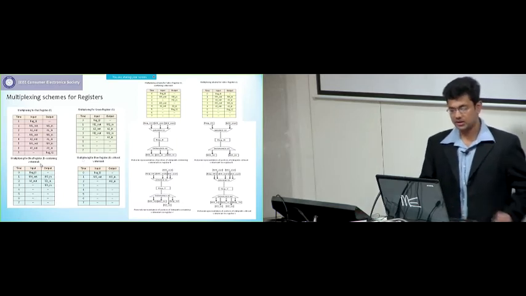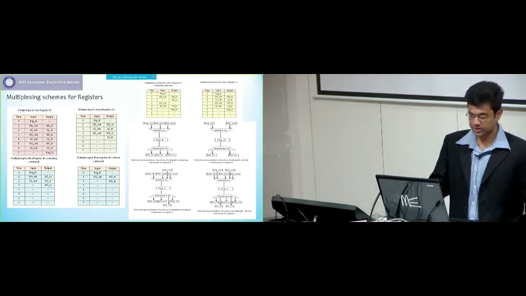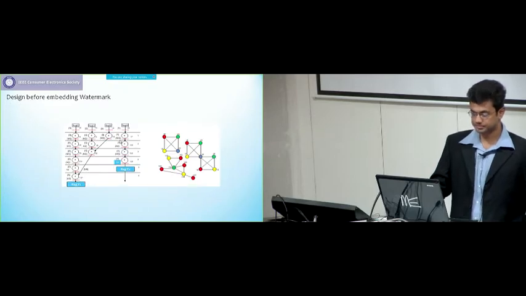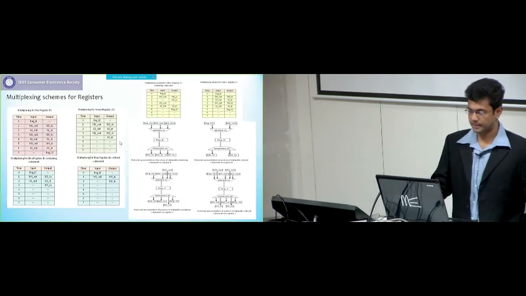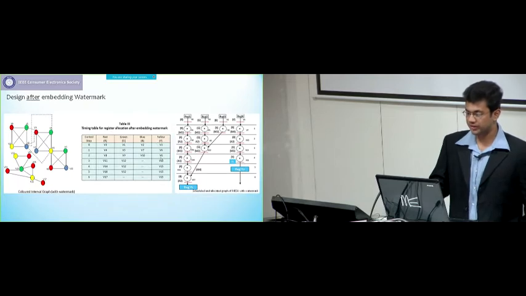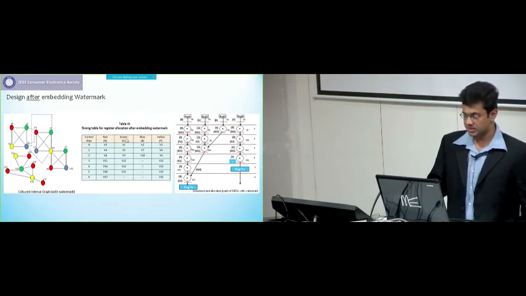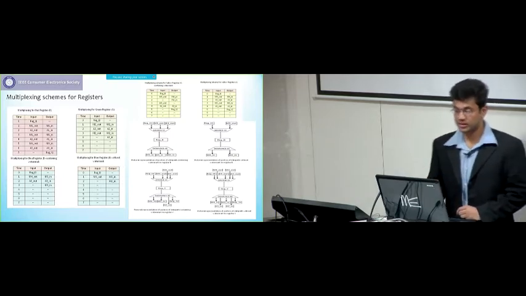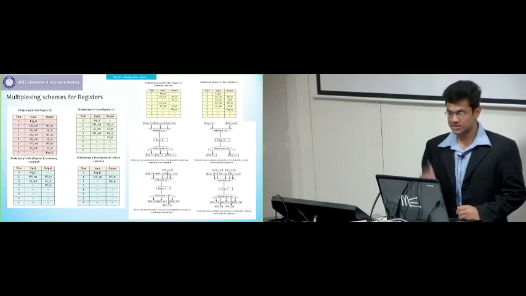So similarly, we build the connectivity information of the blue register, which indicates the watermarked information, and this is the one which is without watermark, which is built based on the graph which we had before watermarking, this one. The same process has to be repeated for the next register, yellow, because this has also been affected by the change in the storage variables. Please keep a note that registers red and green do not change, only registers blue and yellow change in this case.